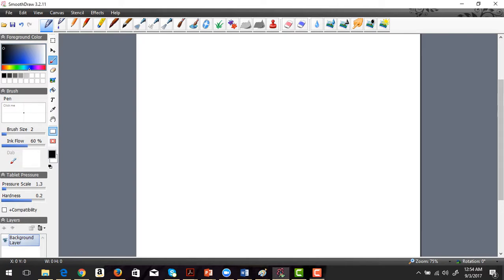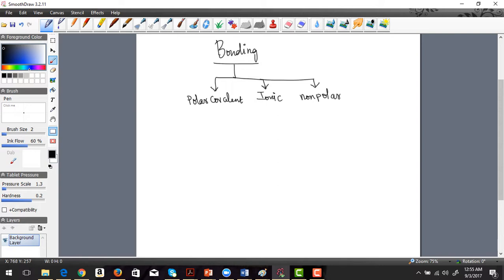Welcome back. We're going to continue our week 3 discussion on bonding, and how bonding affects a molecule's polarity. That is, how can bonding affect a molecule to be polar covalent, ionic, or non-polar covalent. So these are the three types of compounds that we learned, and in addition we also